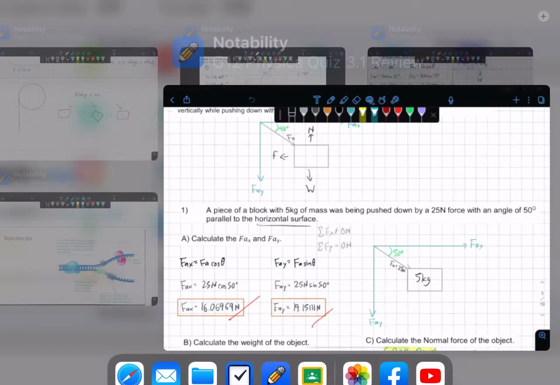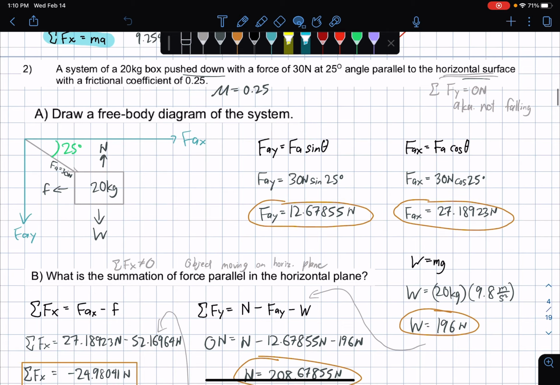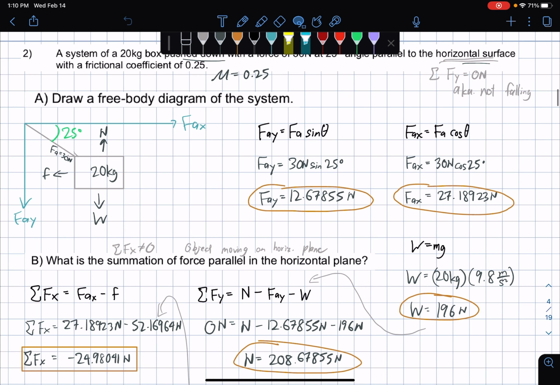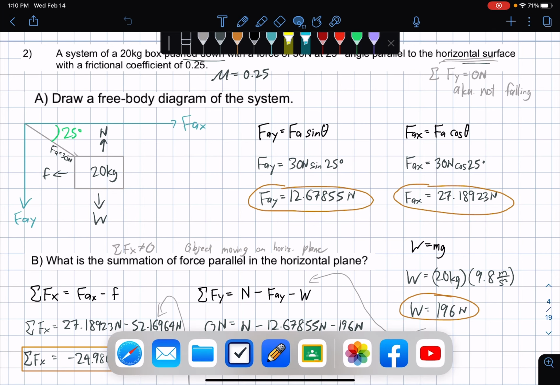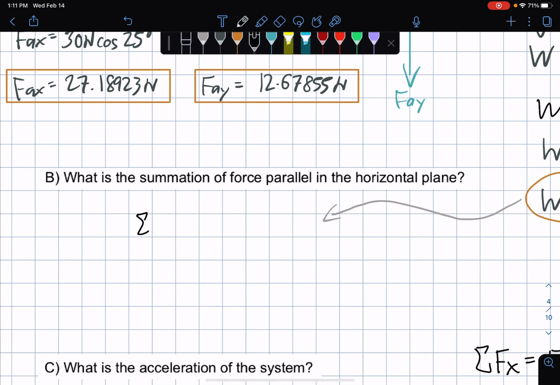Alright, I'll just look at the answer key, see what formula was utilized. Okay. Yeah, we're going in the right direction. So we found weight. Let's move on to solving for the summation of Fy. We should look for, actually, all of this is without